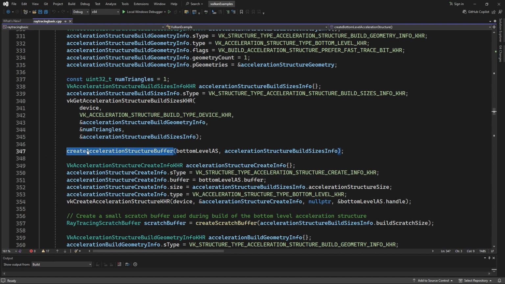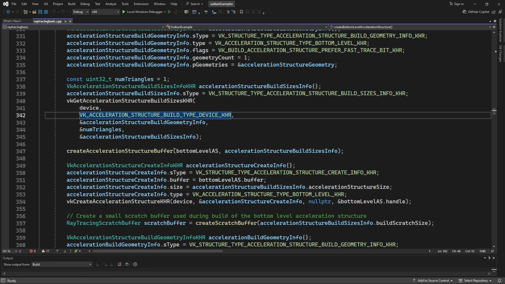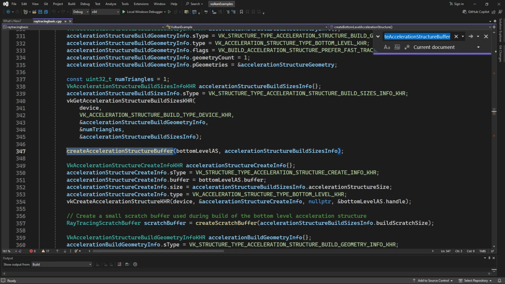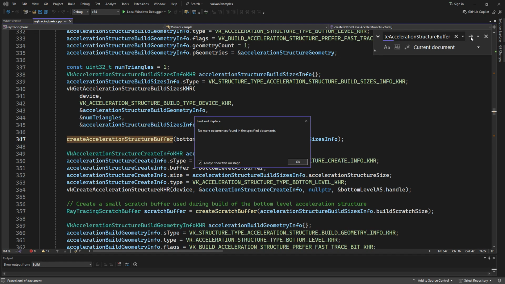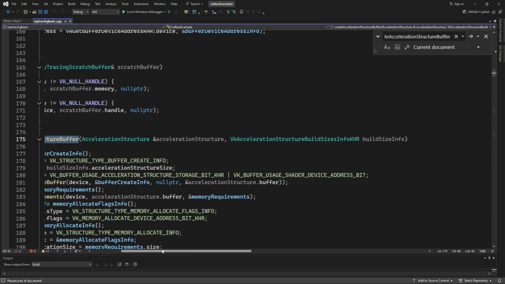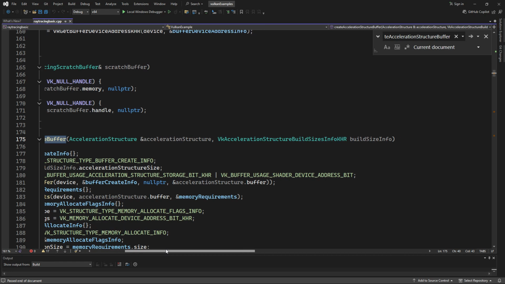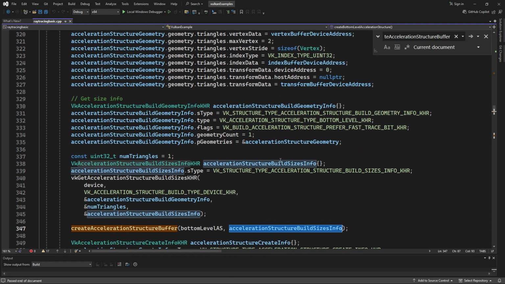I want to see. Create acceleration structure. Okay, so we have our create acceleration structure function. Acceleration structure build size info. Okay, so this is a function, and then we use it to do the bottom level one, acceleration structure build size info, right? So I guess,